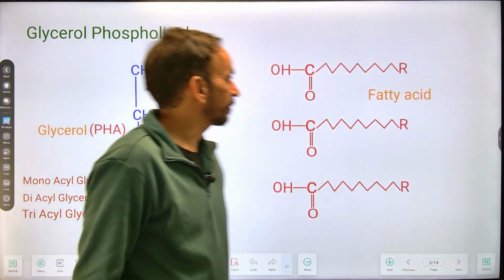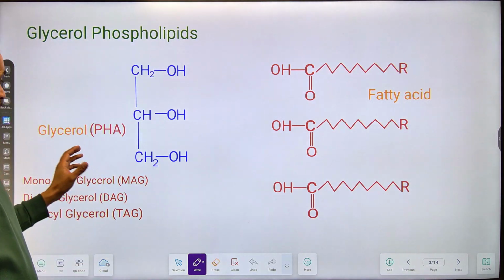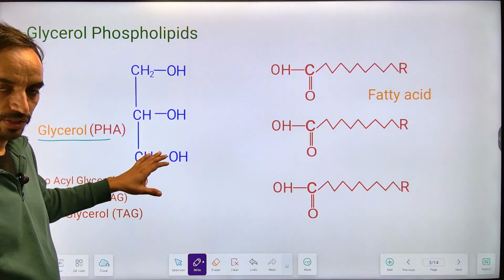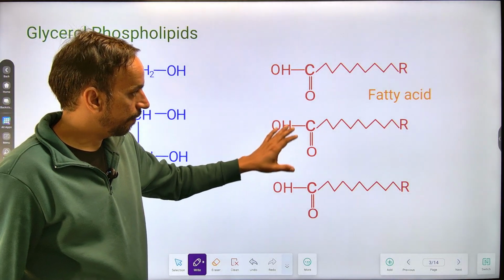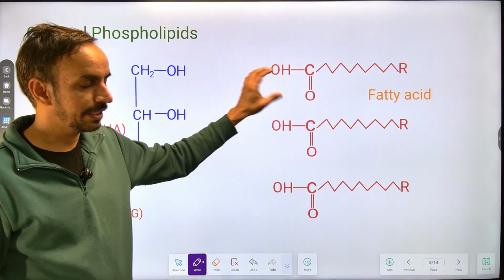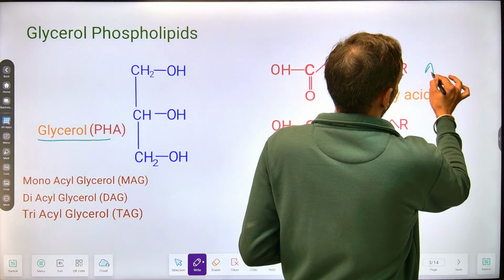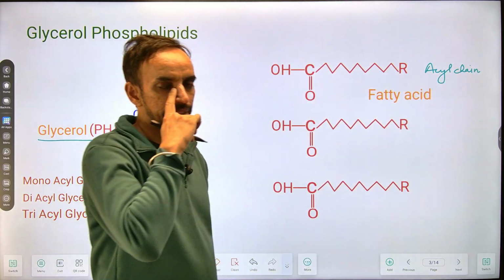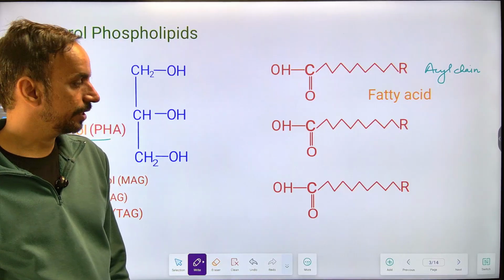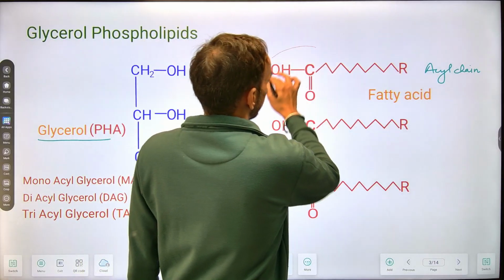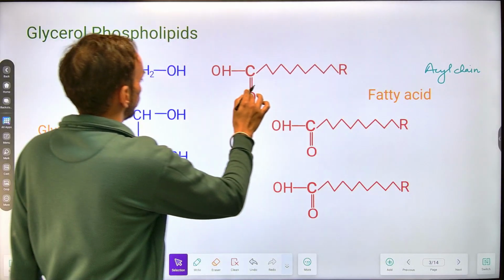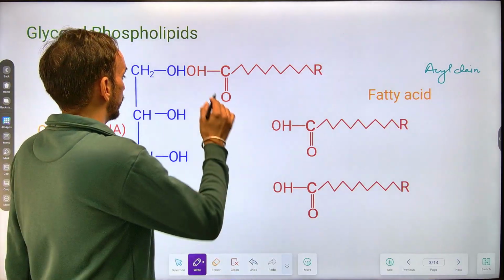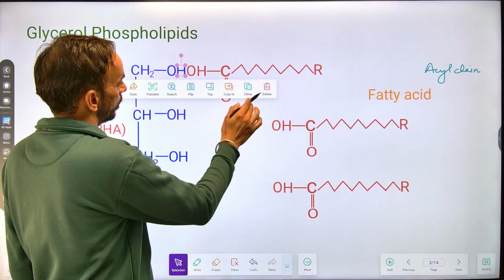These are called glycerol phospholipids. So the framework alcohol over here is glycerol, having 3 hydroxyl groups, and there is a presence of fatty acids. These are called acyl chains because they have more than 2 carbons. The number of carbons is not fixed, so simply they are acyl chains. We can add these acyl chains or fatty acids onto the glycerol. There is an intramolecular condensation reaction over here that leads to the removal of a water molecule